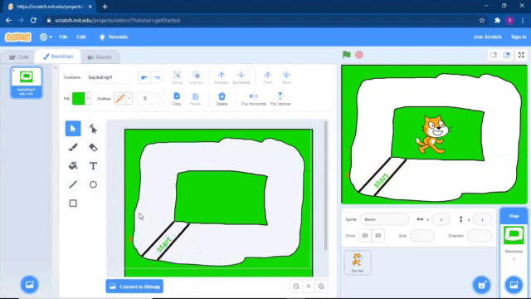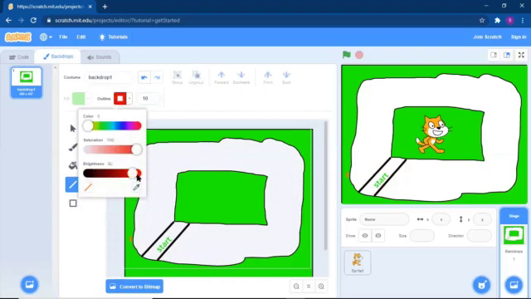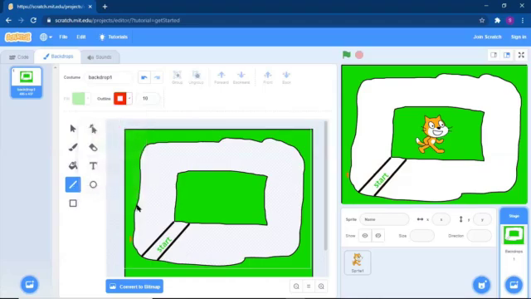After that, we have to draw the finishing point as well. For the finishing point, we will take red color, and we will change the length and color also. Okay, so we'll finish it here.